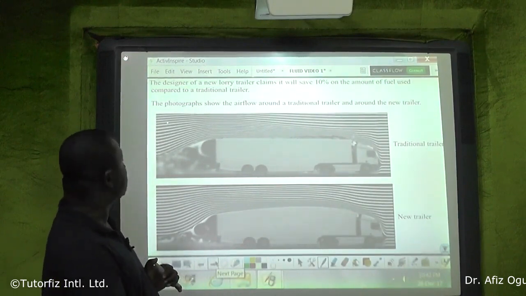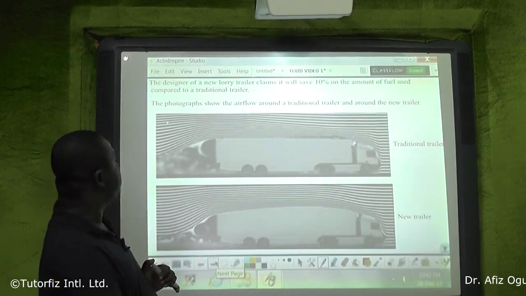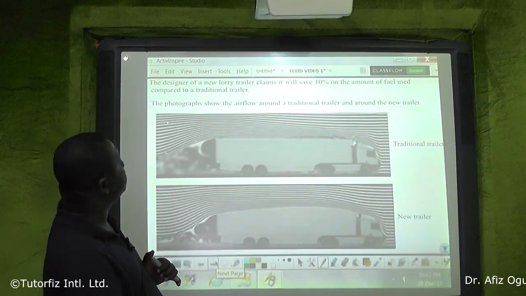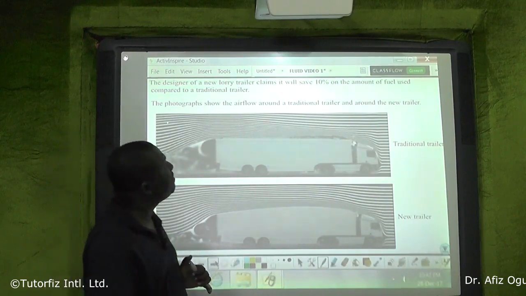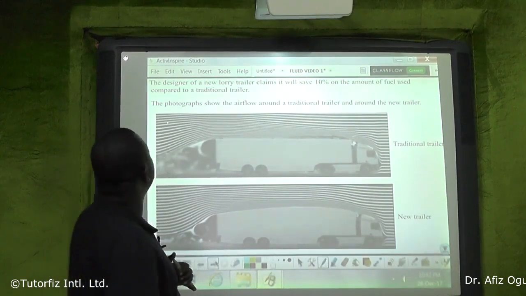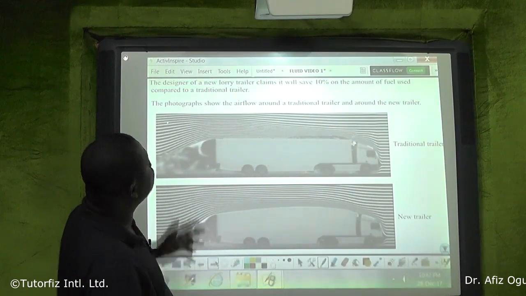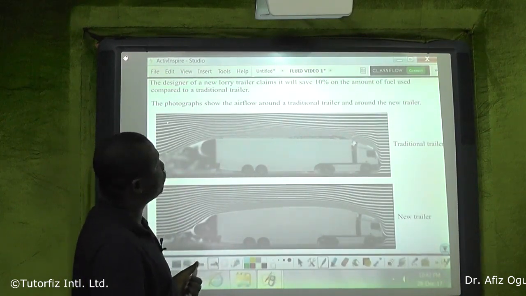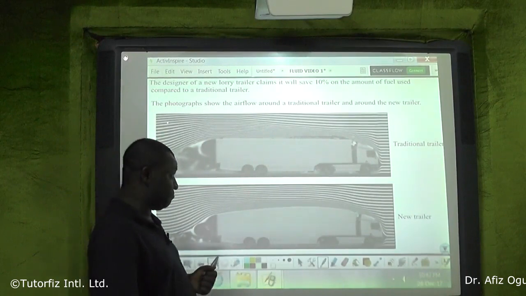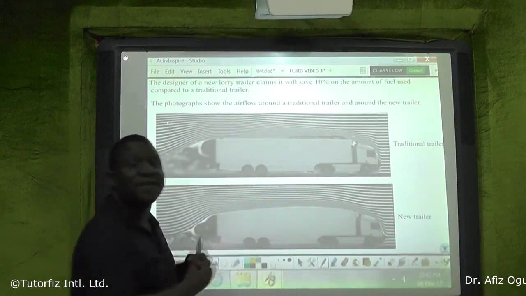Another flotation, another liquid fluid flow. This is gas now. The designer of a new lorry trailer claims it will save 10% of the amount of fuel used compared to a traditional trailer. The photographs show the airflow around the traditional trailer and around the new trailer. From the photograph alone,